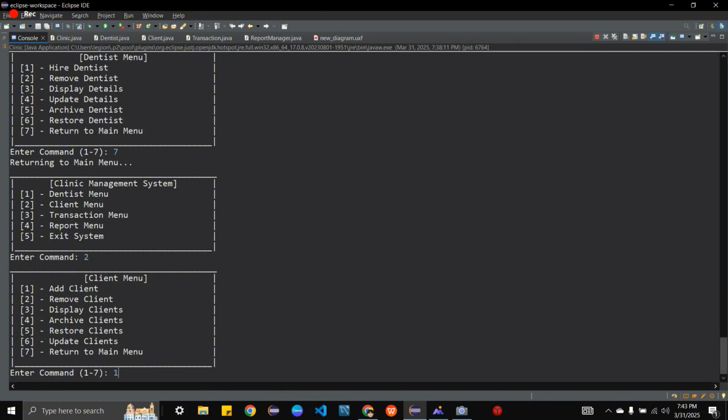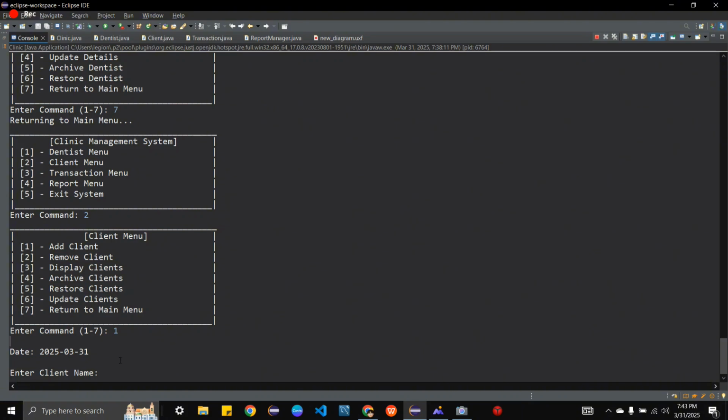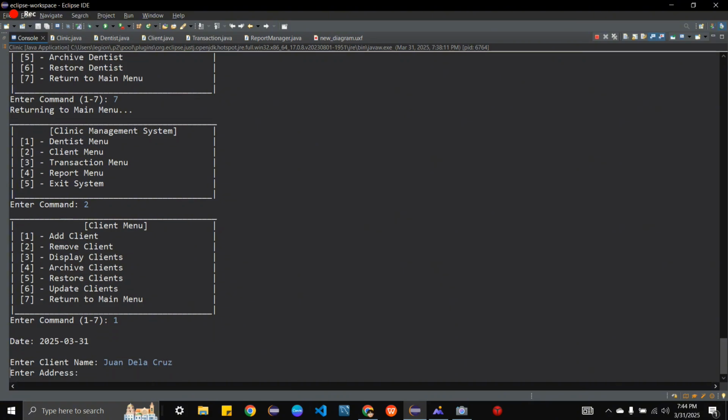It's just the same functionality or program code as the dentist classes or dentist functions. But for the sake of this discussion, I will explain to you. Let's say we want to add another client. Automatically, this is for the purpose of local date, which has been imported in Java.util. So the date is recorded, 2025, March 31. Let's say we have here a client named Juan de la Cruz. The dentist Juan de la Cruz has resigned just to be a client for this clinic. Mr. Juan de la Cruz has an address, 123 MacArthur